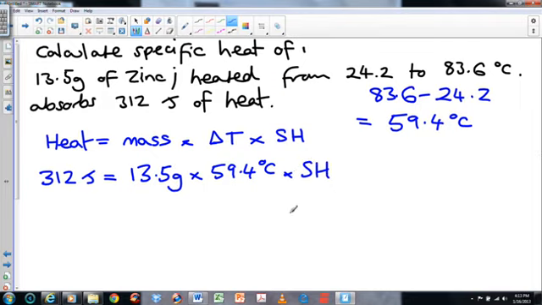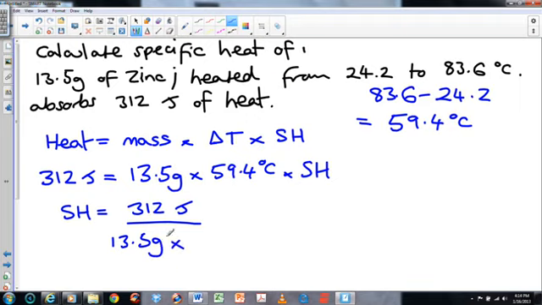Alright? Okay. So can everybody see this and this and this we have? And now specifically we have our specific heat here. A simple way to rearrange the equation is just to say that if we take specific heat and we want it on its own, then we've got to divide by both of these. So therefore our specific heat is going to be equal to 312 joules divided by 13.5 grams